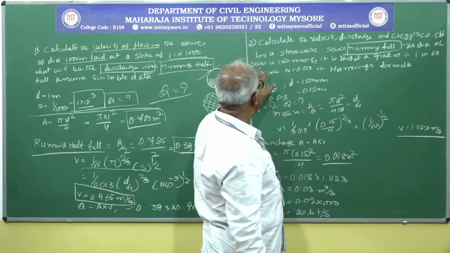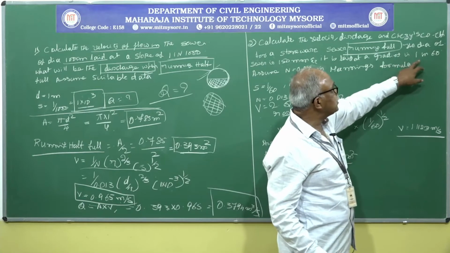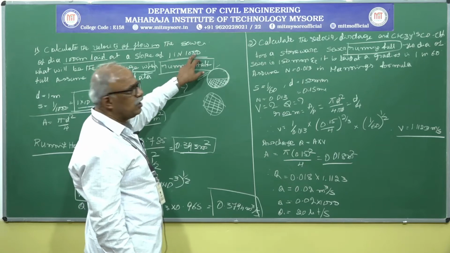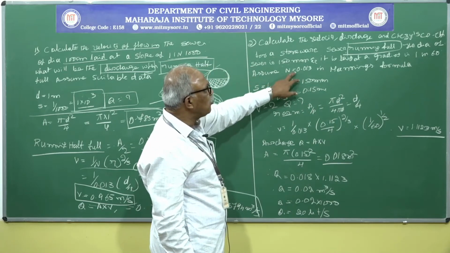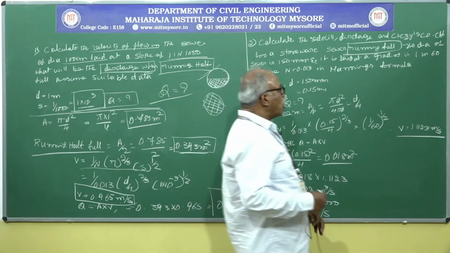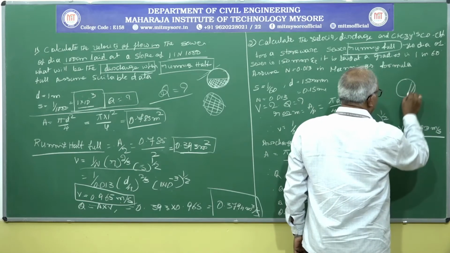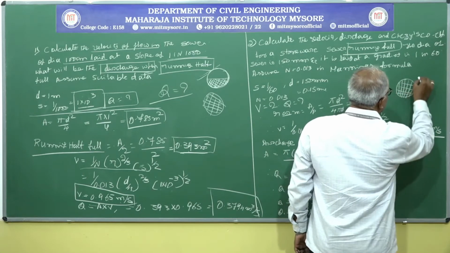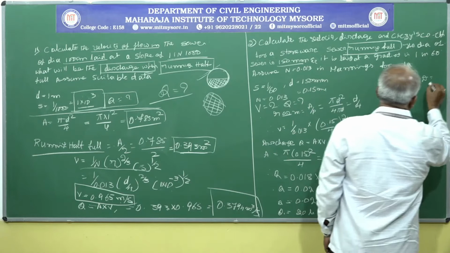The diameter of the sewer is 150 mm and it is laid at a gradient of 1 in 60. In the previous problem, the gradient is 1 in 1000, but in this problem 1 in 60. Are you clear? Next, assume n value equals 0.013 in Manning's formula. So according to this problem, the wastewater will be flowing full, not half. The diameter of the conduit that is given is 150 mm.